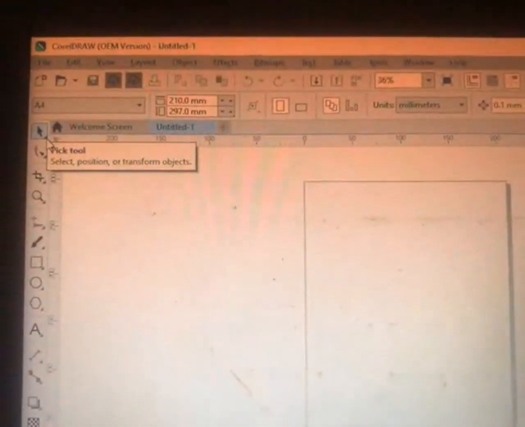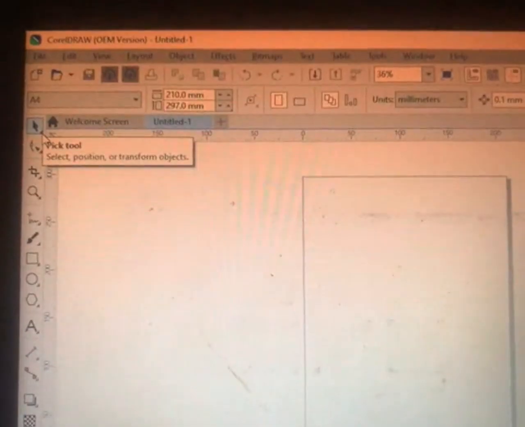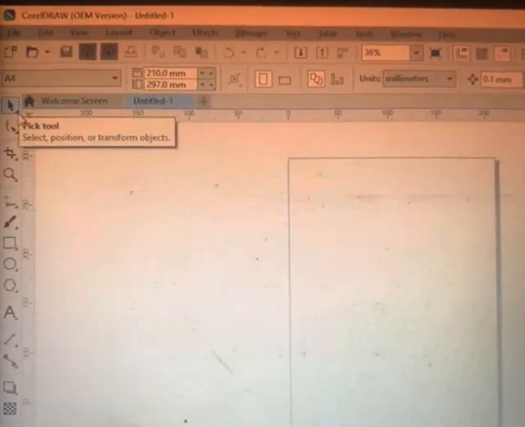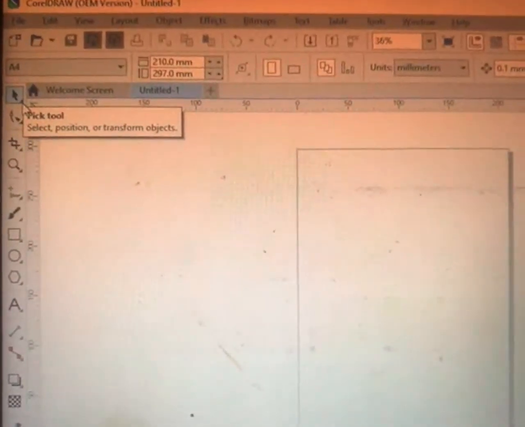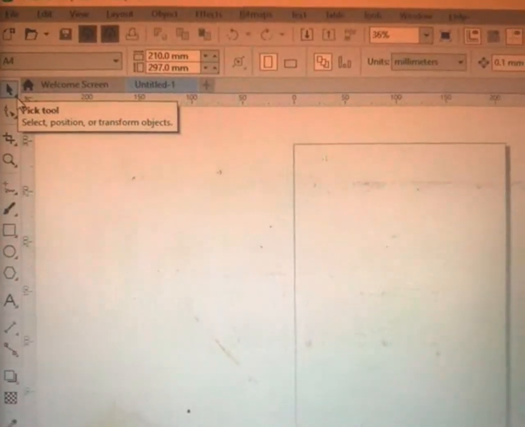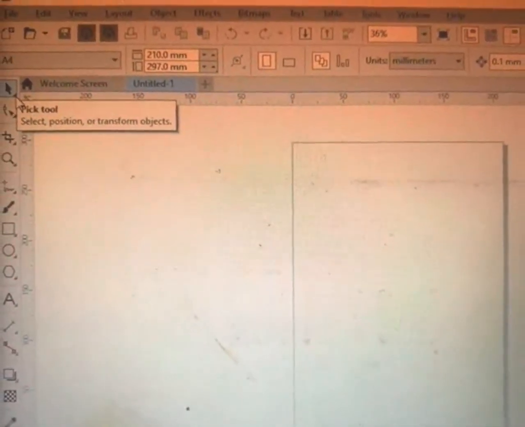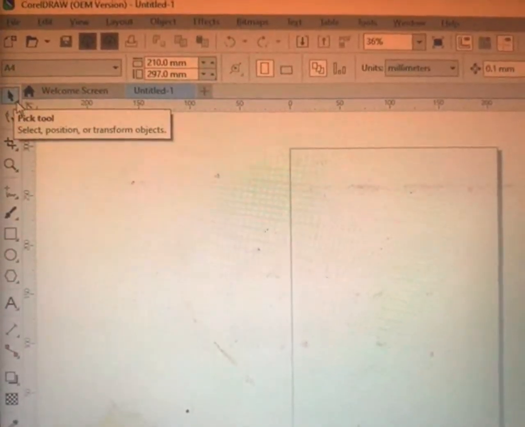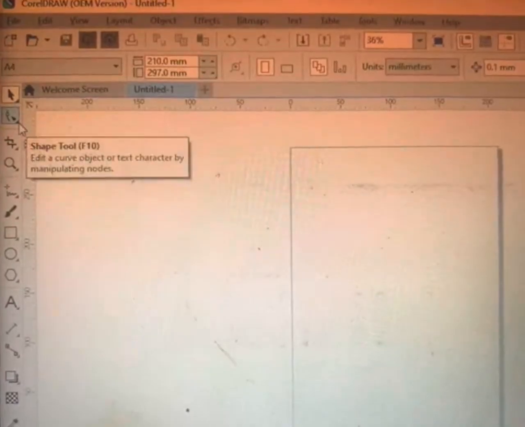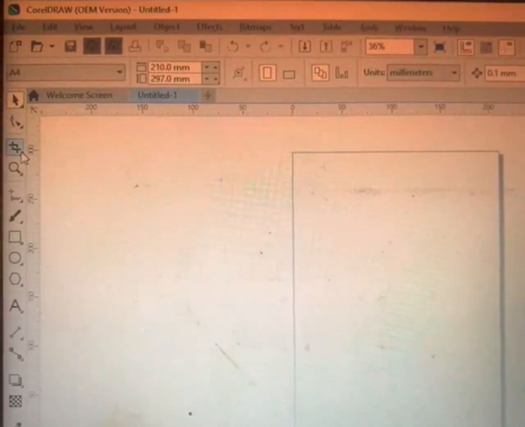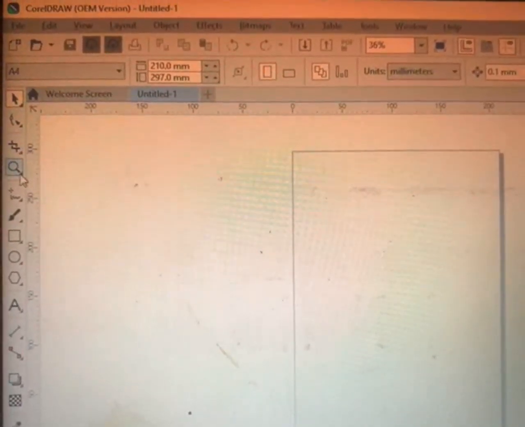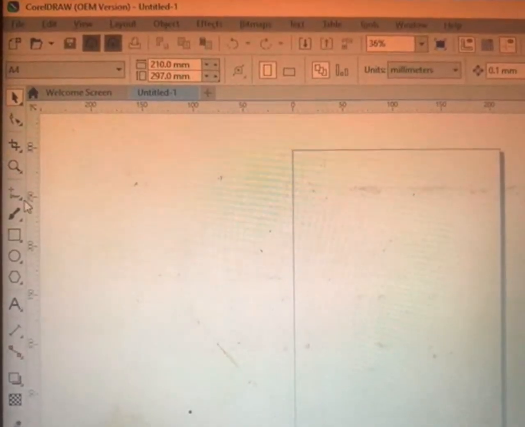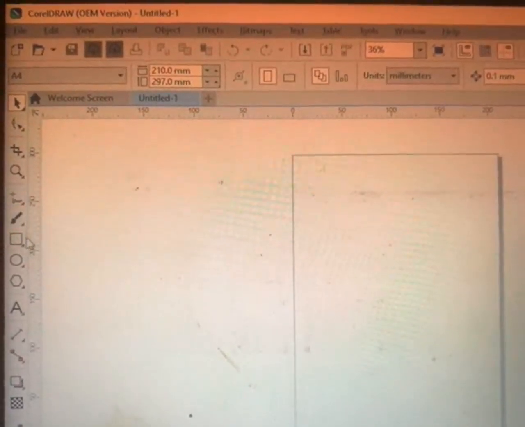If you guys can see what I'm trying to explain, there is this little arrow right here that is showing whatever you are putting your sensor on. So this is the pick tool, this is the shape tool, this is the crop tool, this is zoom tool, this is freehand tool,